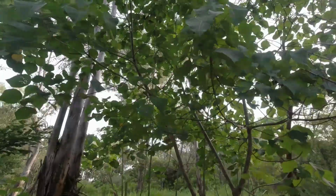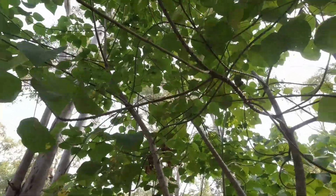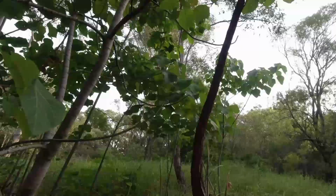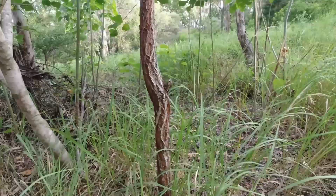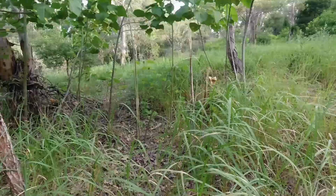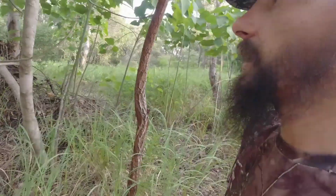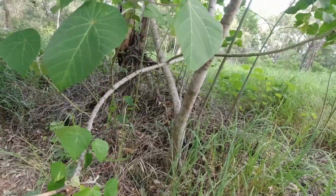Can't think of the name of this one, but this is amazing. I'll try and make sure there's no snakes down in here. Really snaky through here. We've got every bad snake that you can think of, and they're all here. Browns, blacks. So can't see any small ones. I'm just gonna